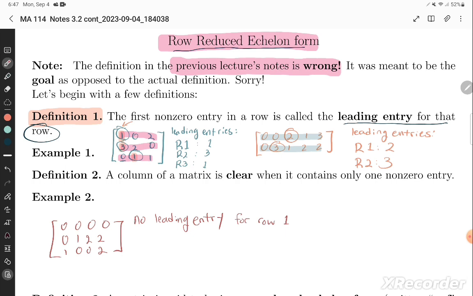And I'm going to make that not go as far out. So there's no leading entry for row 1 in this matrix here. Now we say the column for our second definition, definition 2,